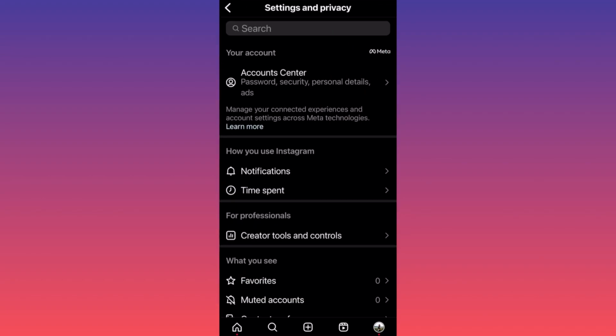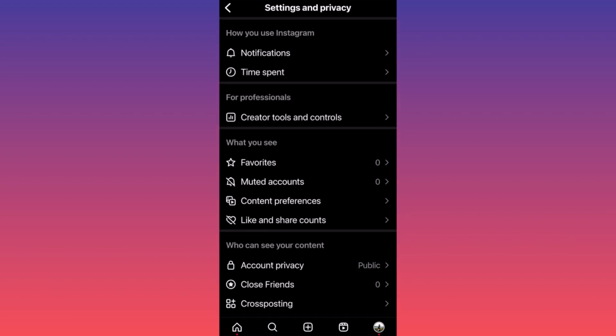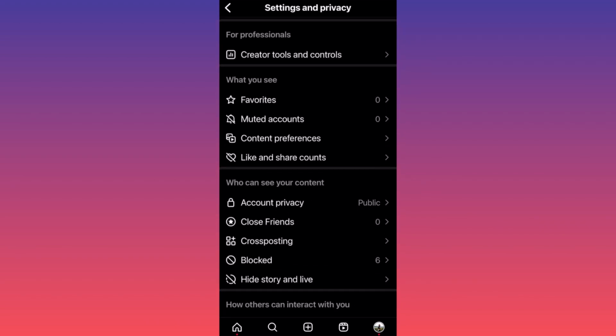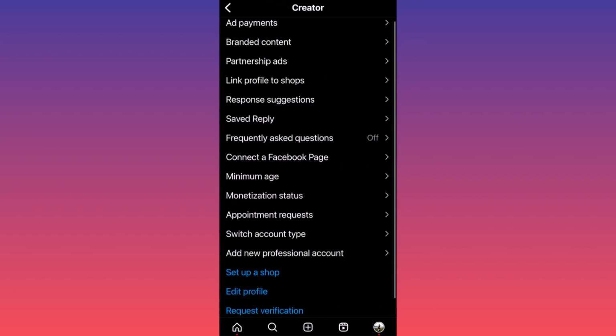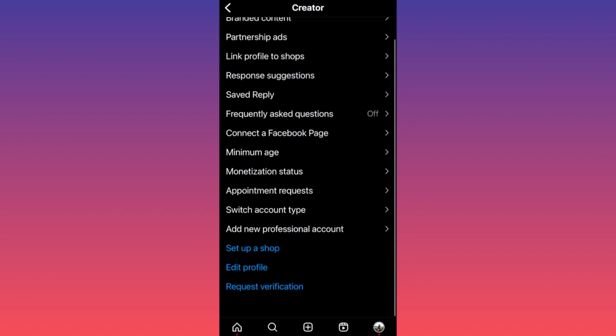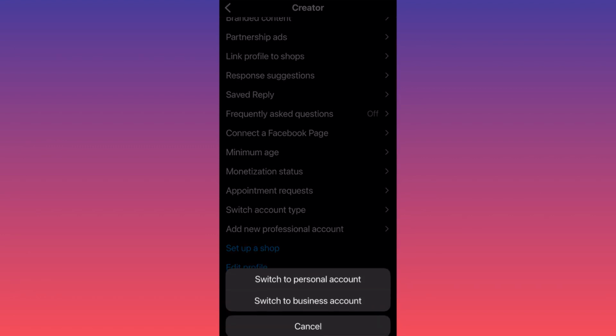When you're at settings and privacy, I want you to scroll down to the section for professionals and please click on creator tools and controls. When you're over here, I want you to scroll down and click on the option that is called switch account type. When you're over here, all we gotta do is to click on the second option, which is switch to